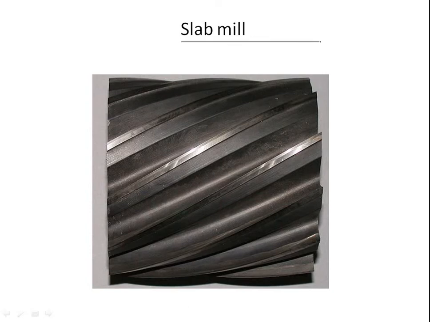So what is a slab mill? Slab mills are used either by themselves or in gang milling operations on manual horizontal or universal milling machines to machine large broad surfaces quickly. They have been substituted by the use of cemented carbide tipped face mills, which are then used in vertical mills or machining centers.